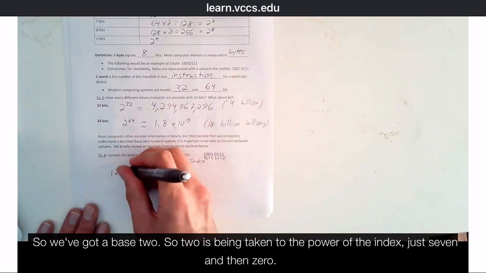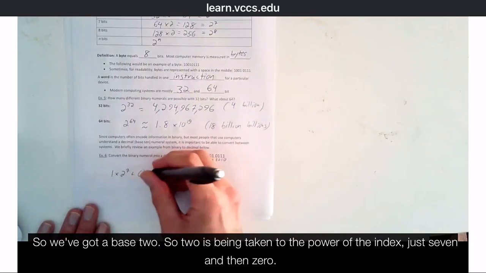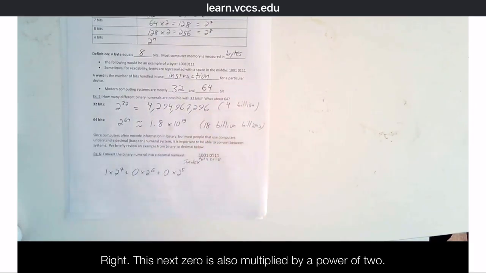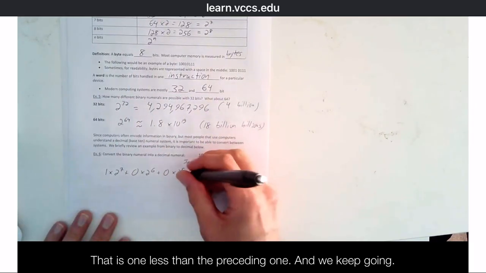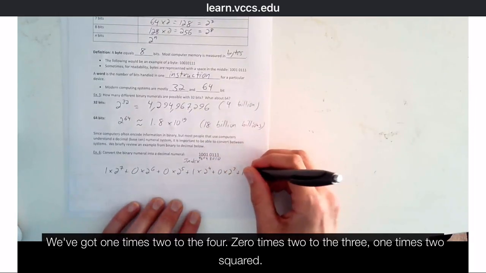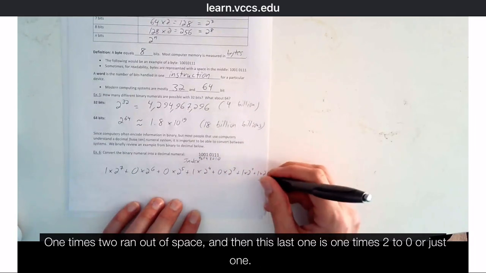So 2 is being taken to the power of the index, which is 7. And then 0, we decrease the index by 1 and keep going, right? This next 0 is also multiplied by a power of 2 that is 1 less than the preceding one, and we keep going. We've got 1 times 2 to the 4, 0 times 2 to the 3, 1 times 2 squared, 1 times 2, ran out of space, and then this last one is 1 times 2 to the 0,